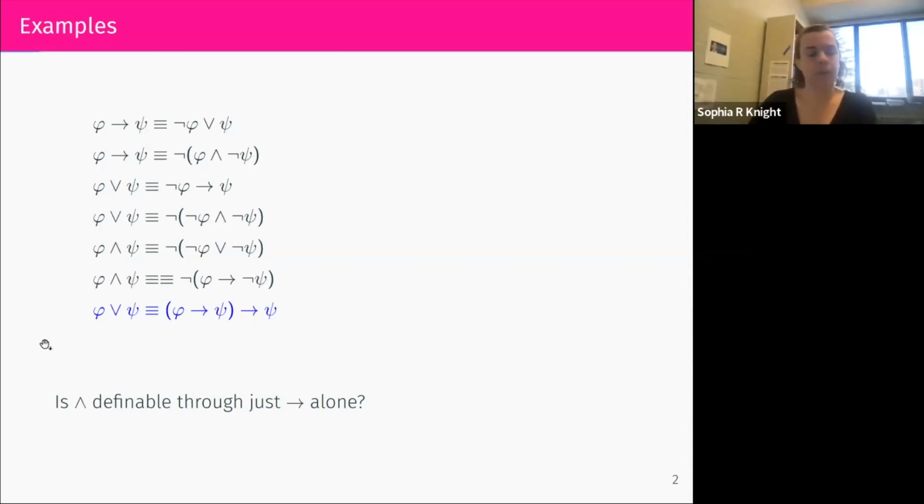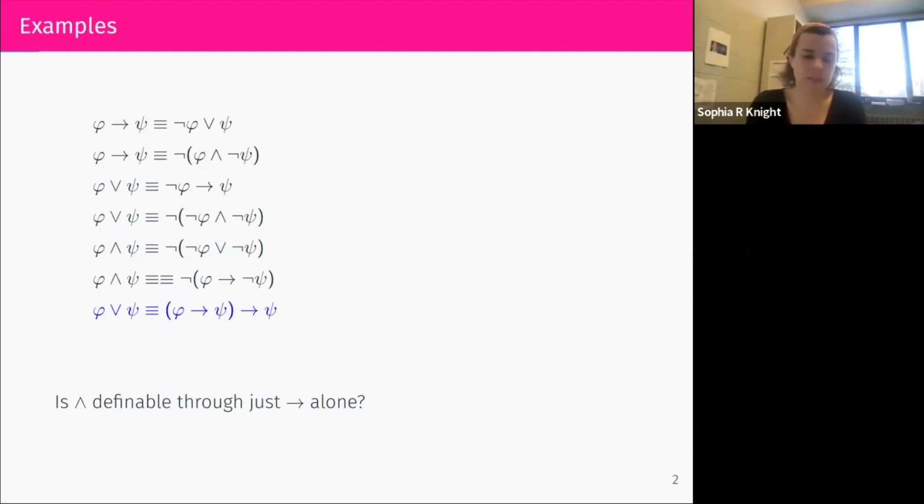And then this blue result, I think, is a little bit less well known, clearly true as soon as you see it, but if I just ask somebody, is disjunction definable in terms of implication? I don't think most people know that off the top of their head. In propositional logic, there's a connection between disjunction and conjunction. We think of them as symmetrical operators, very closely related. So when we see that disjunction is definable in terms of implication, we may wonder, is conjunction also definable in terms of implication? If the answer is yes, then you would know how to set up that proof, right?